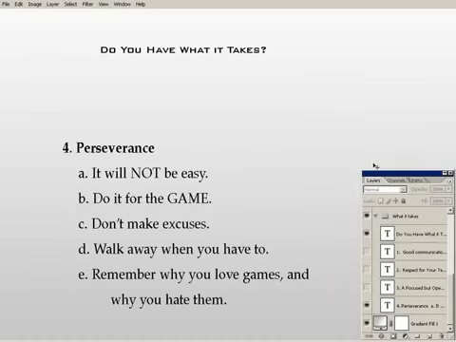This is something you've got to be ready for if you're going to design any kind of game whatsoever. And that's the first thing. It will not be easy. It is not a honeymoon. It is not all fun and games, so to speak. The game that you are working on, you will love on day 1, you'll like on day 2, and you'll hate by day 3. Now, just take that and stretch it out to whatever the length of your game development cycle is. Say it's 6 months. Just imagine how much you're going to hate it then. By month 5.5, you're going to be writing somebody hate mail every day, and it happens.